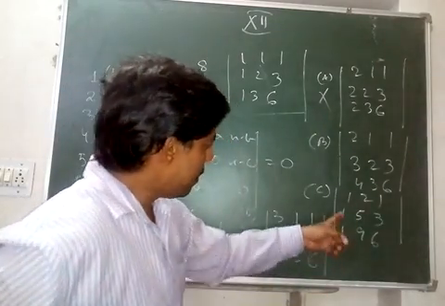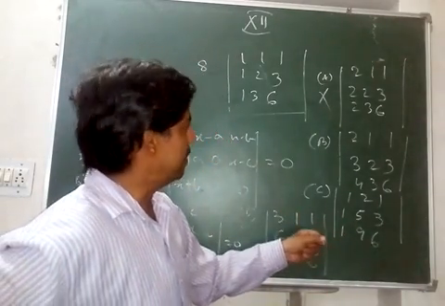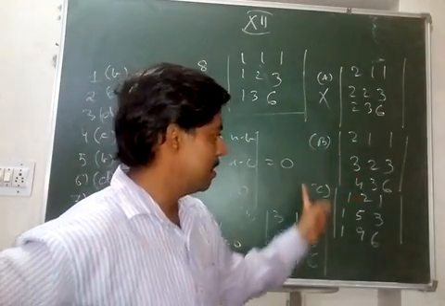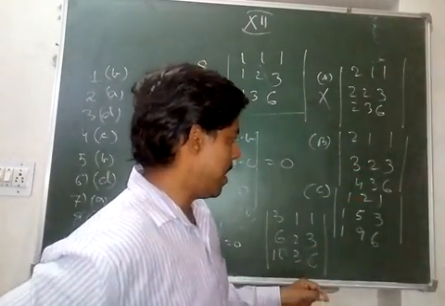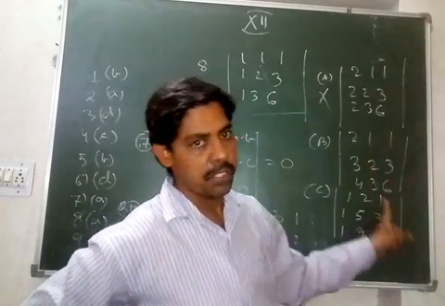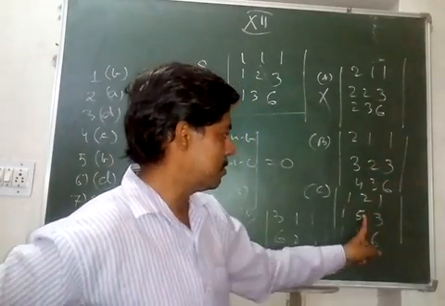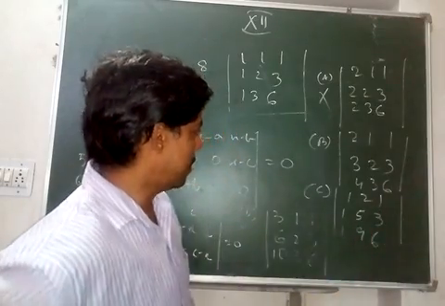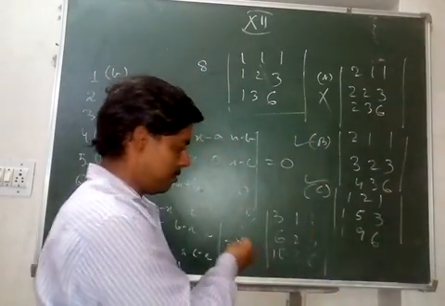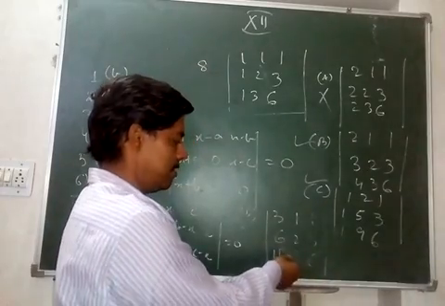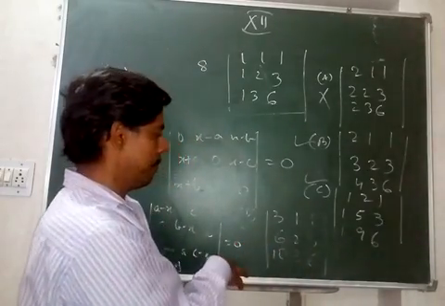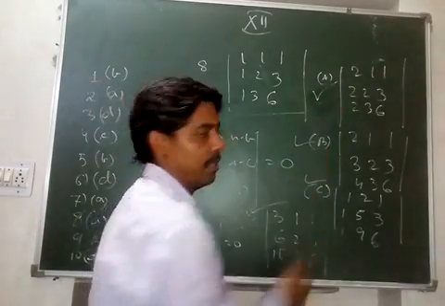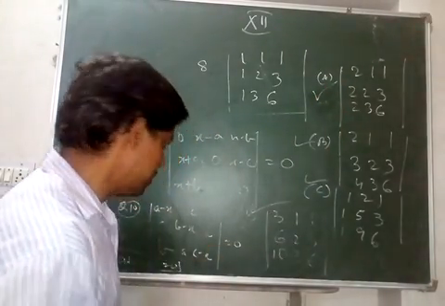And how is C correct? C is correct if in B choice, because B is also correct, we add C2 equal to C2 plus C3. So 1 plus 1 is 2, 2 plus 3 is 5, and 3 plus 6 is 9. So correct choices are B, C, and of course D if I write 10 3 6. Otherwise 1 1 1 is wrong, definitely. So I marked A and D as the correct choice because they were the wrong answers. So that was question number 8.